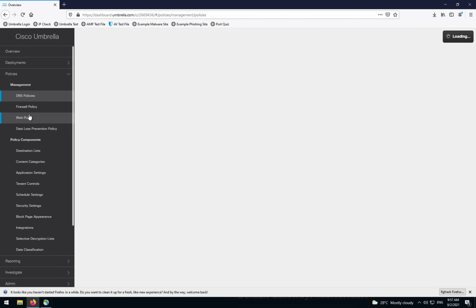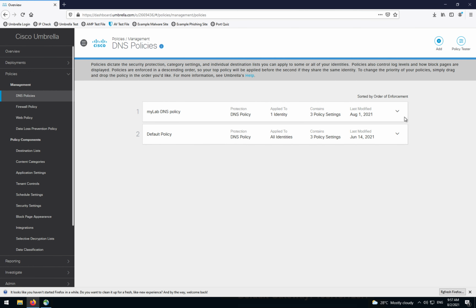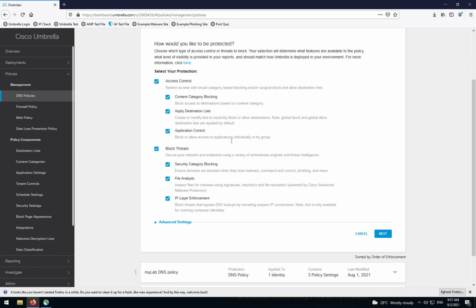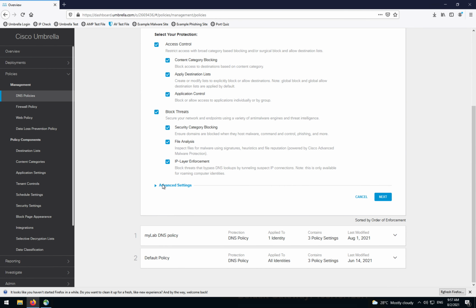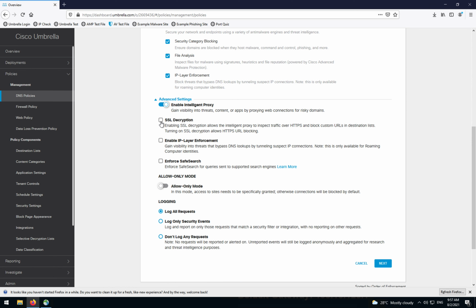Okay, nothing fancy. We can just reuse the policy which we had earlier, I guess, or let's create a new one, right? Let's create a new policy maybe. Let's go to the advanced settings. Maybe this time let's go and enable